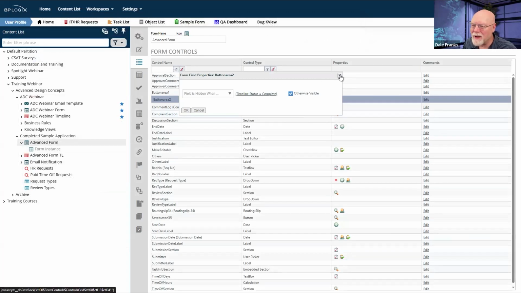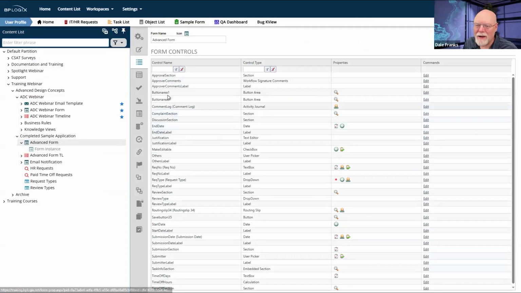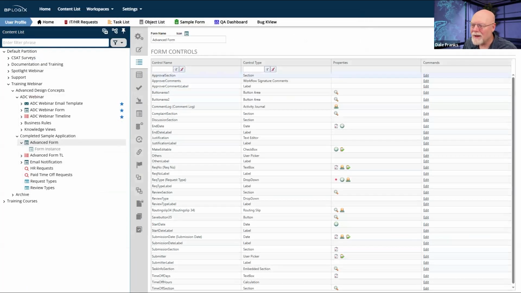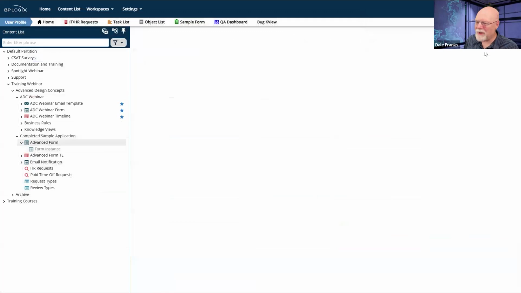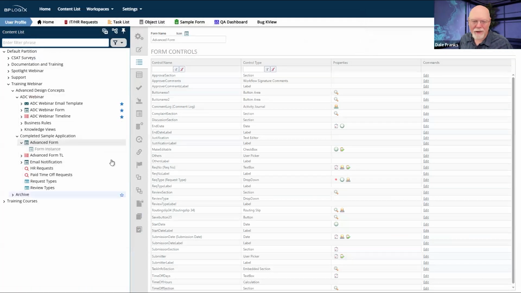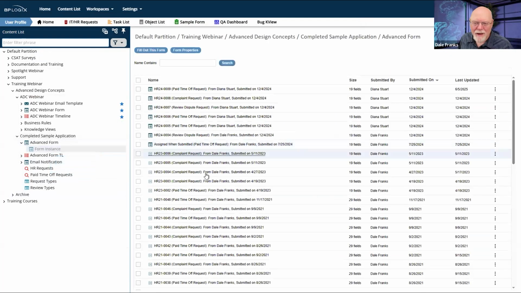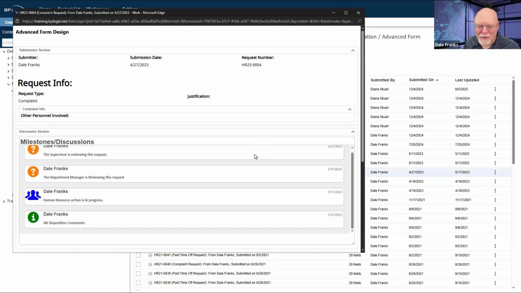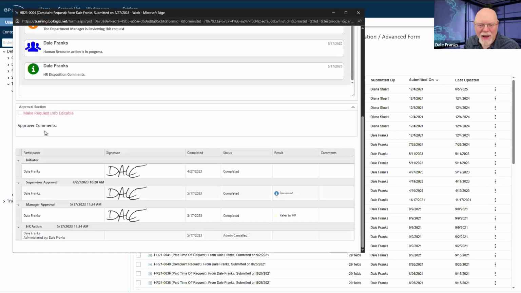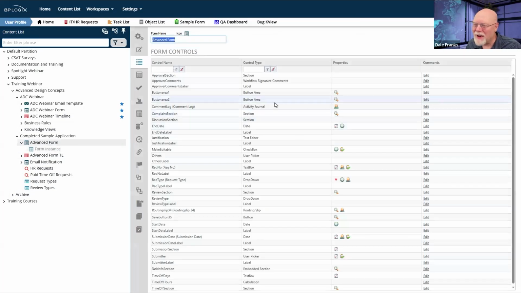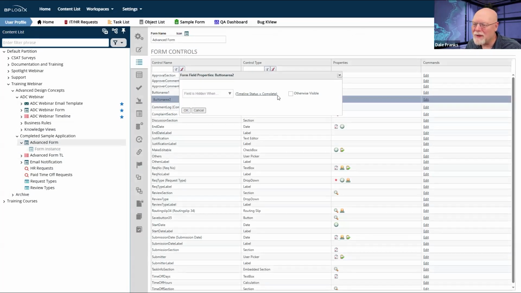Timeline status complete, otherwise visible. Okay. And button area 1. Timeline status otherwise hidden. Okay. Update. There we go. That should save it. Now we go to form instance. It shows me my form instances. Let's pull one. And we're still not seeing my cancel button. So let me go back and check the configuration again here for button area 2.